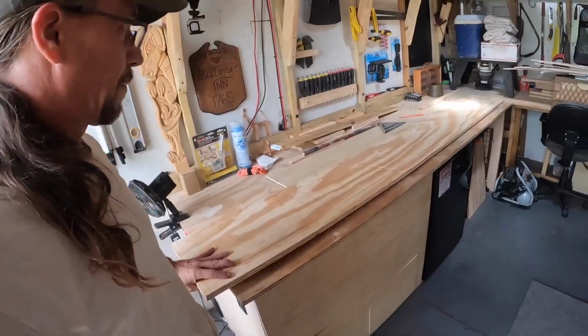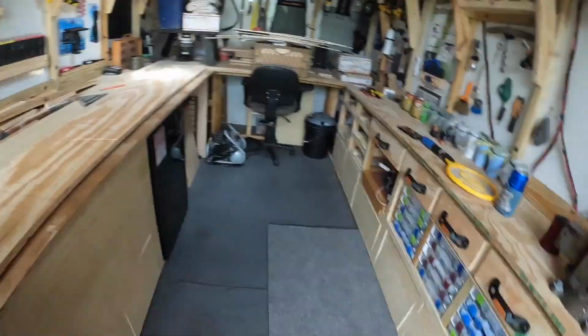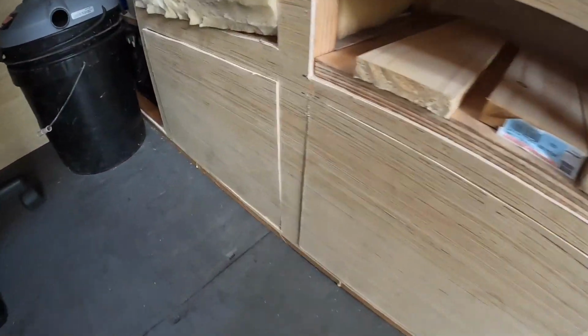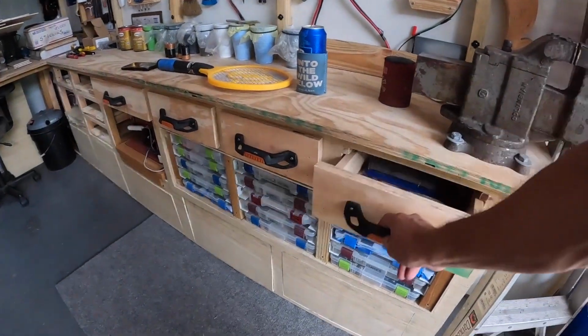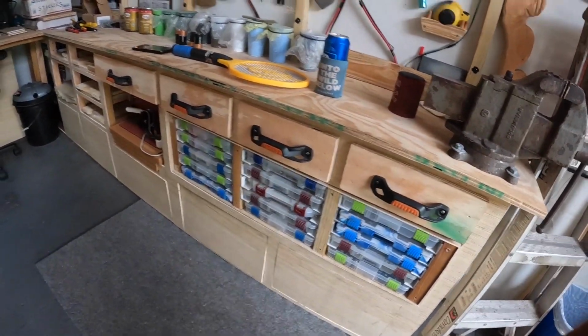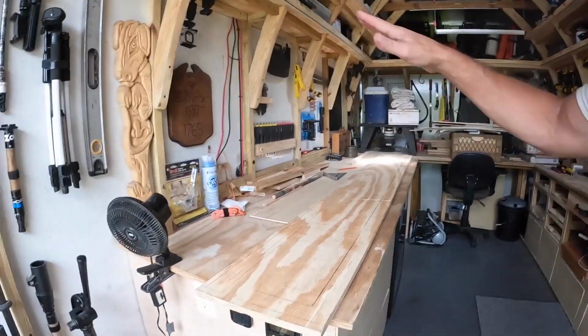I got a piece of plywood sitting here. It's big enough to make frames for all the doors on the bottom. Yeah, we're gonna do all of that before I continue with the drawers, routering the edges and stuff. I want to make things functional. I want to make the worktop